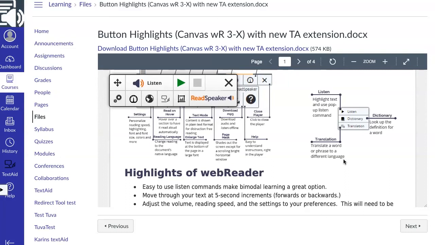The snapshot tool is excellent for typed information that is on an image. Think about those anatomy diagrams with all the small print. You could OCR that to where it's being read out to you as you're going along.